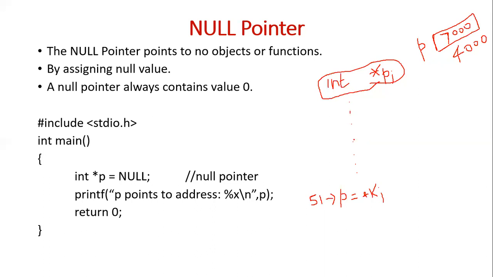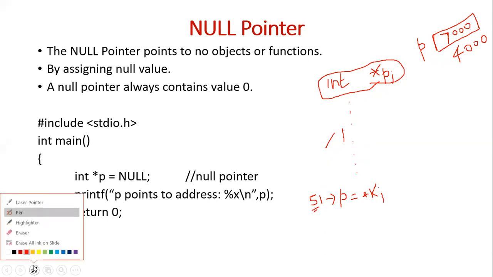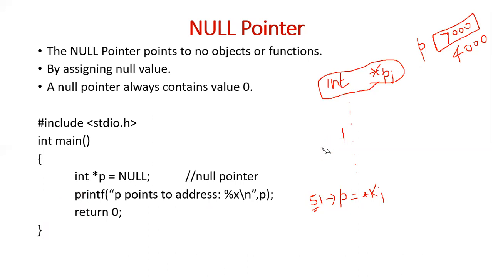Now say, for example, mistakenly, some other user or some other programmer is opening this program, and he doesn't know that this pointer is not used until the first 50 statements. Say here itself he started using the p. So he is performing some operation. He is saying print of star p, or whatever it may be, some task he is doing.